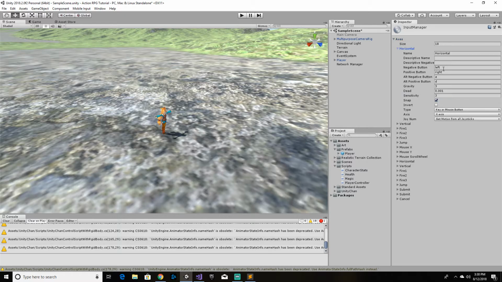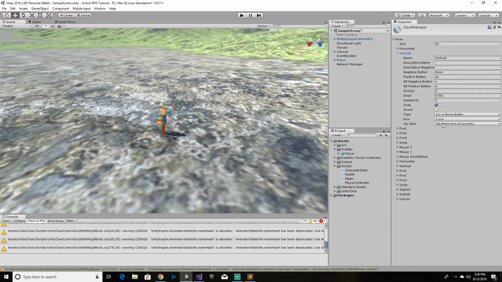Horizontal is left and right, A and D, and it uses the x-axis on the joystick if you're using a controller. It's all set up already. Vertical is exactly the opposite. Up and down, S and W, and